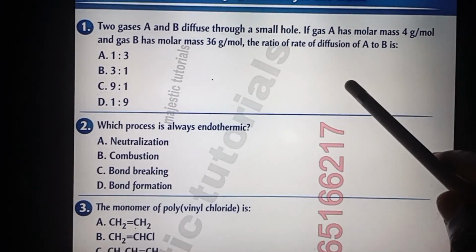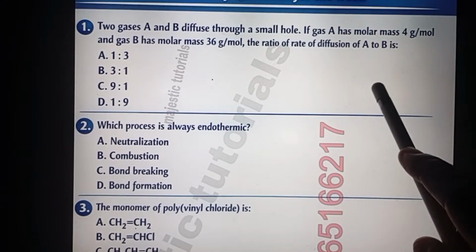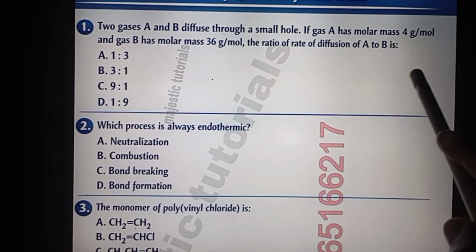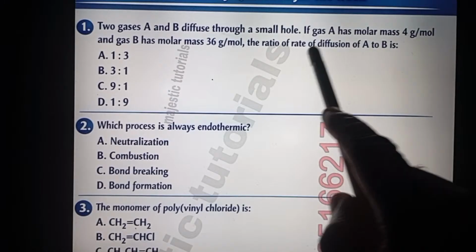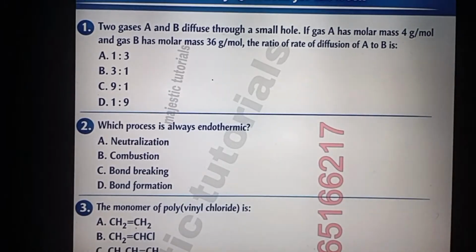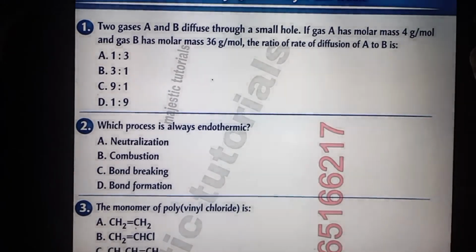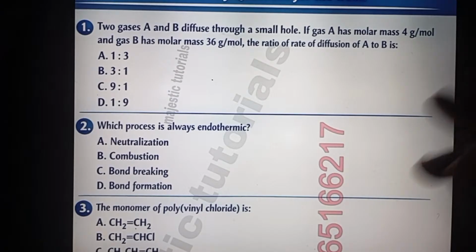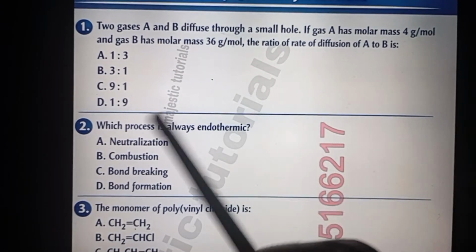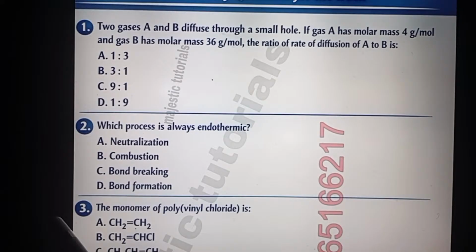Here most people will go straight forward dividing 36 by 4, and with that you will likely get 9,